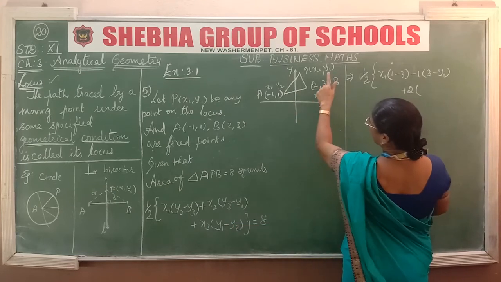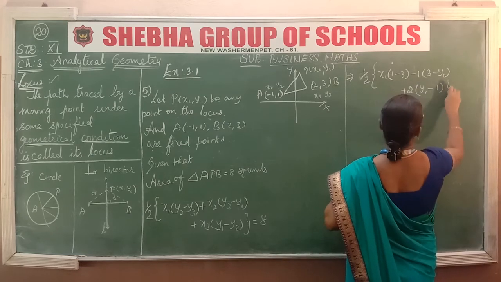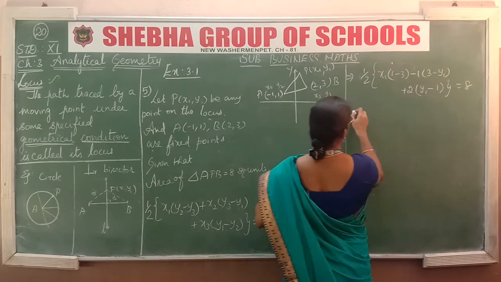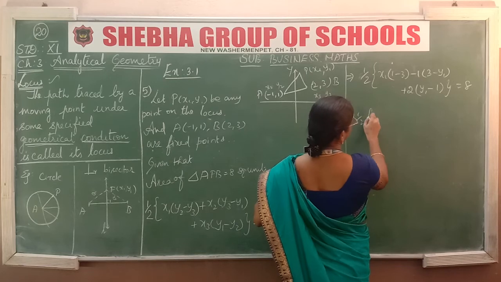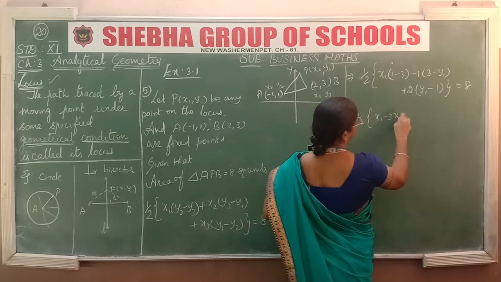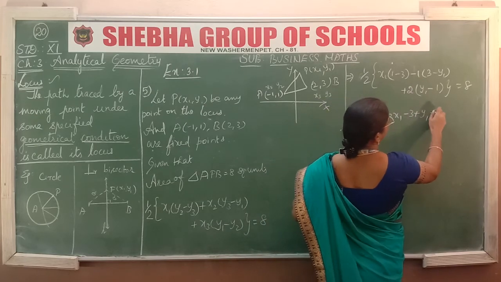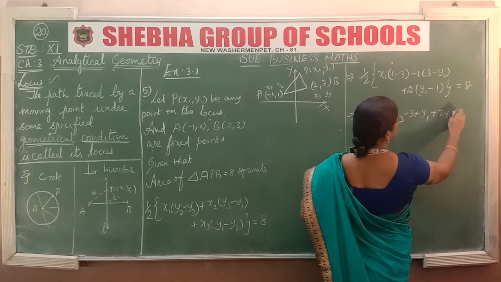This is y1 − 1, equal to 8. So it implies half into, multiplying inside we get x1 − 3x1 and −3 + y1 + 2y1 − 2